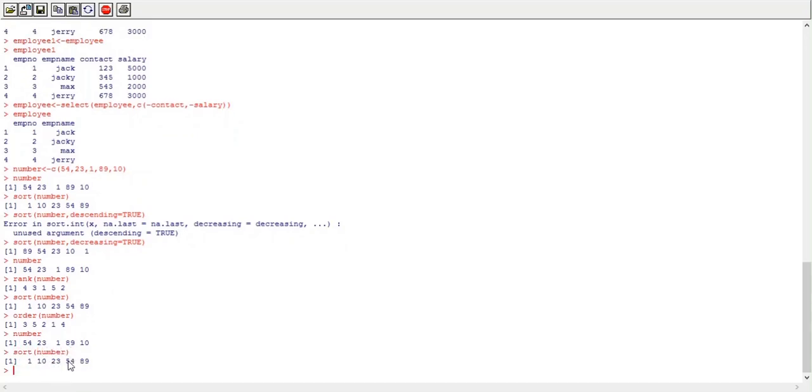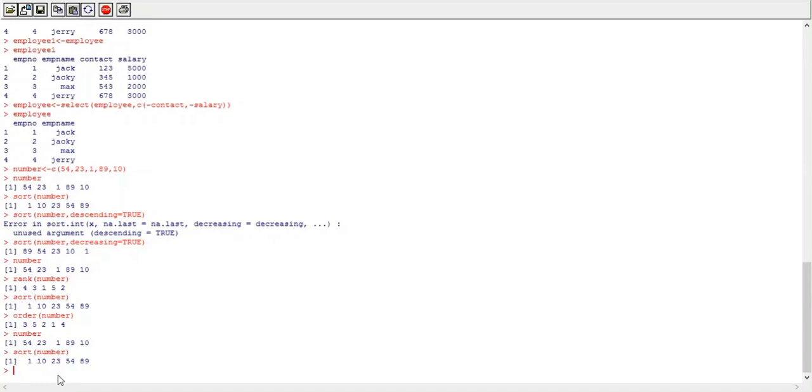See, 1, 10, 23, 54, 89, and your original vector is 54, 23, 1, 89, 10. As per the output of the order function, we have sorted this: the third number, 1, is at the first position, the fifth number, 10, is at the second position, the second number, 23, is at the third position, the first number, 54, is at the fourth position, and the fourth number, 89, is at the last position.